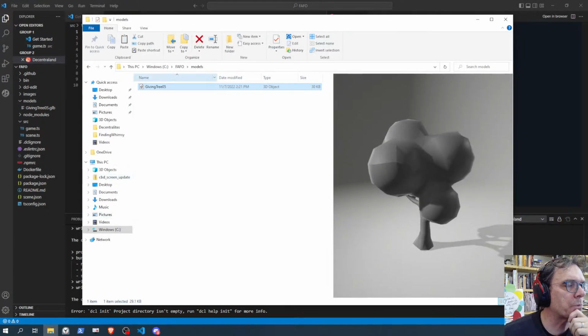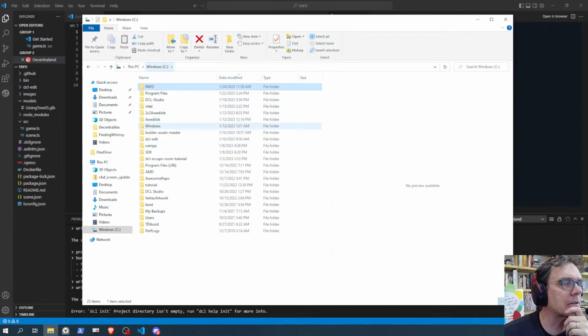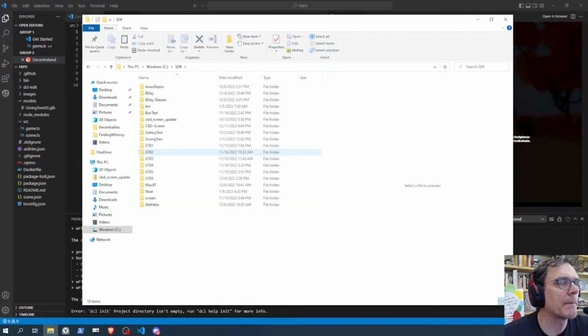Because when I worked on the CBD screen, where is that? See, this is why you gotta name things intelligently, because now I can't find it. Builder assets, odd job. Is it under odd job or under SDK? Maybe it's under SDK. Here we go.